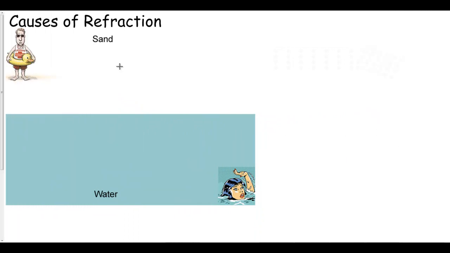So now we're going to look at what causes refraction. Now refraction is caused by the light trying to maintain its maximum speed. So it wants to go the fastest from one medium to the other. Now, in order to simplify this, we can look at a scenario where we have a lifeguard on duty and we have a person drowning in the water. Now the lifeguard has to get from his stand to the person in the least amount of time. Now we often say that the least amount of time is the direct path. So if he starts here and he goes straight to the swimmer, well, that has the least amount of length,